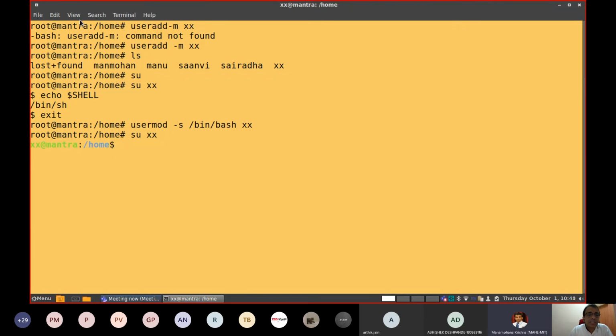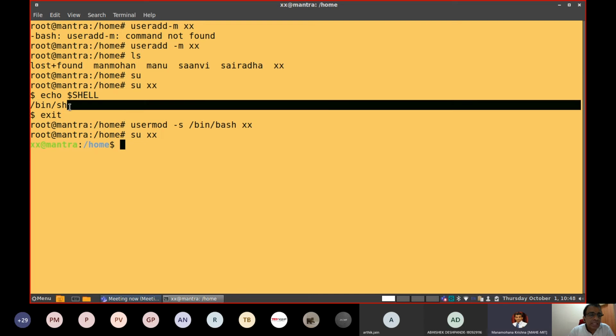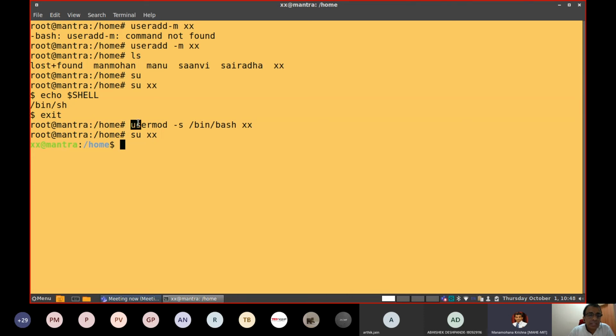Initially, the moment I log into XX, my command prompt is $ only, because that is the characteristic of the shell environment /bin/sh. Now what I did, I modified that user XX and changed its shell with -s to /bin/bash.